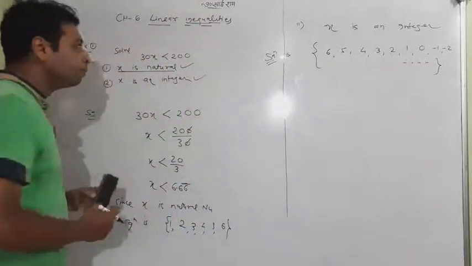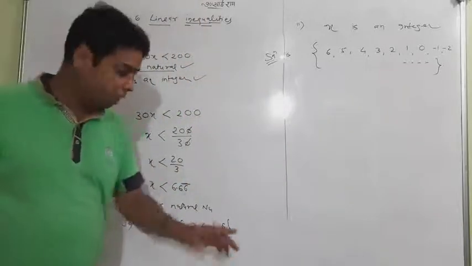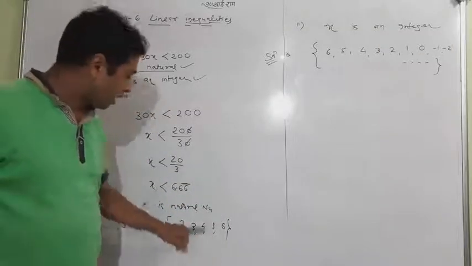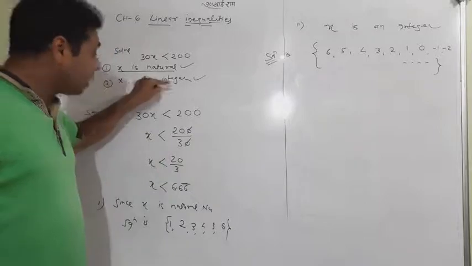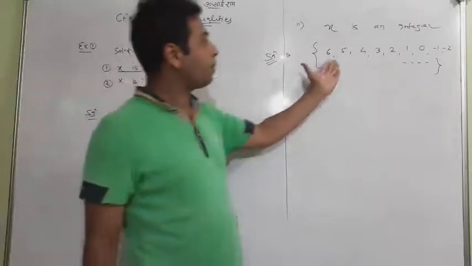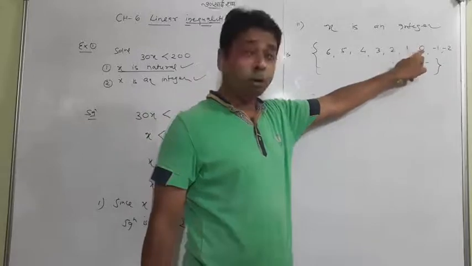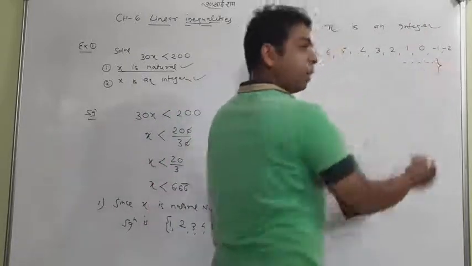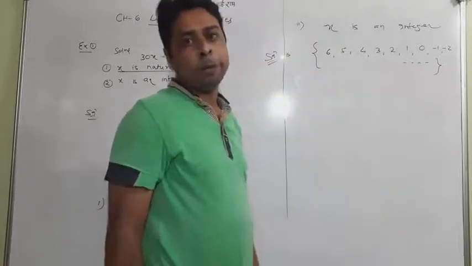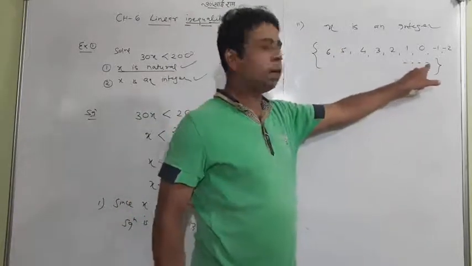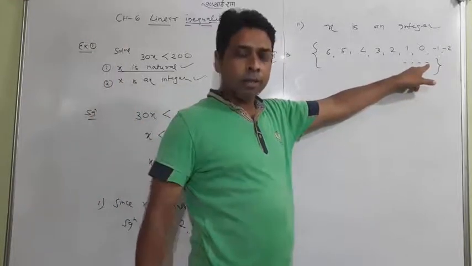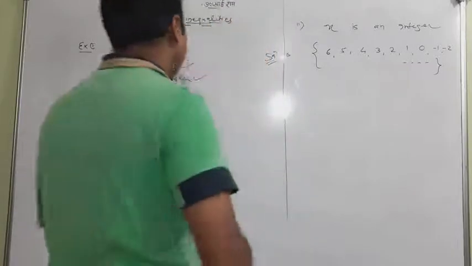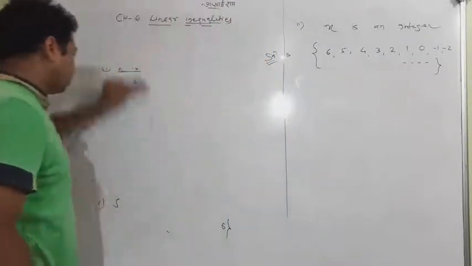This is very interesting, and also easy. x less than 6.6 and those are natural numbers. This is the answer. When we are told x is an integer, follow this one. So integers are definitely 6, 5, 4, 3, 2, 1 and 0 also, -1 also, -2 also, till minus infinity. We cannot write minus infinity because minus infinity is not part of anything. So we just write "so on", that's the symbol of so on, and we can give the answer right here. Okay, so this was the first question from my side.